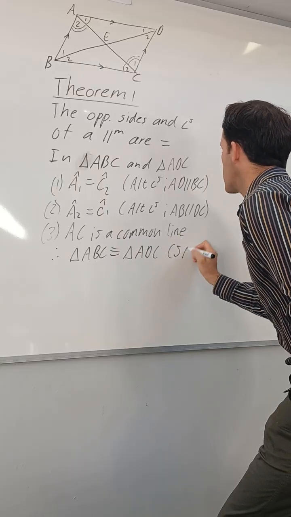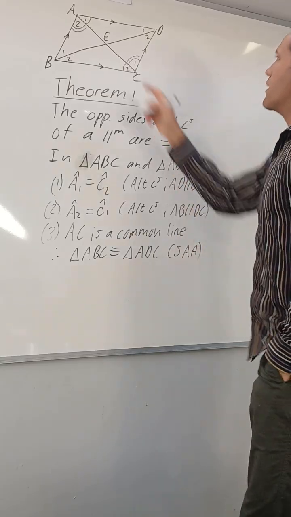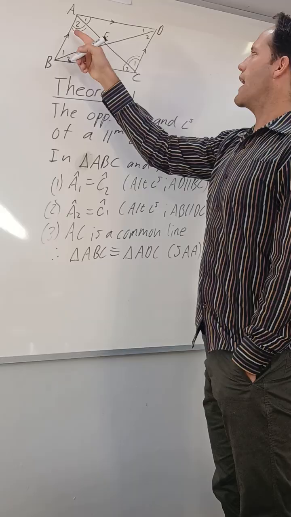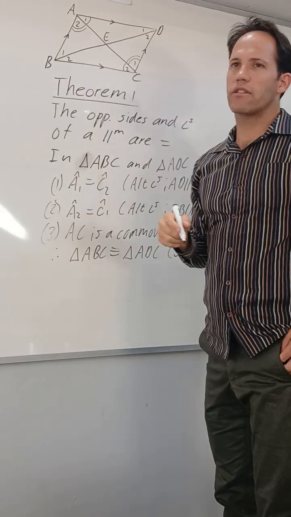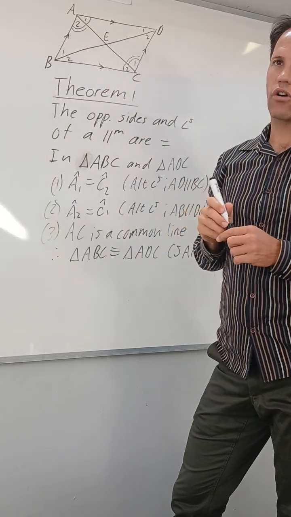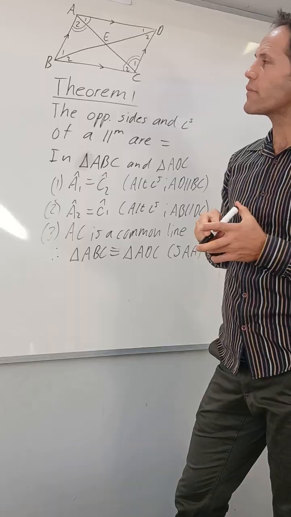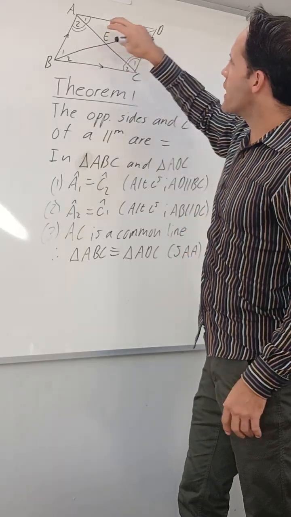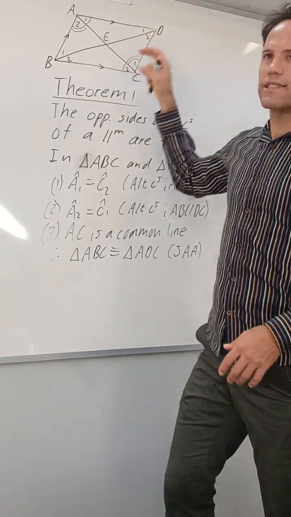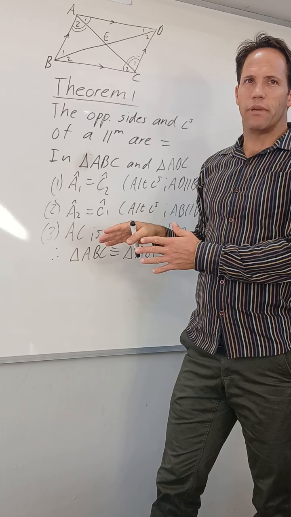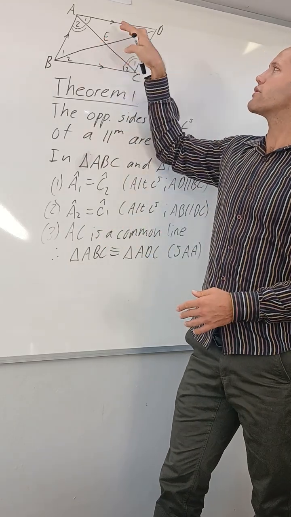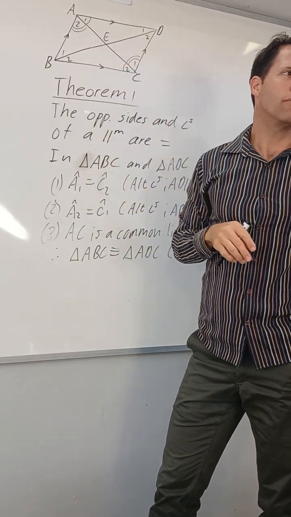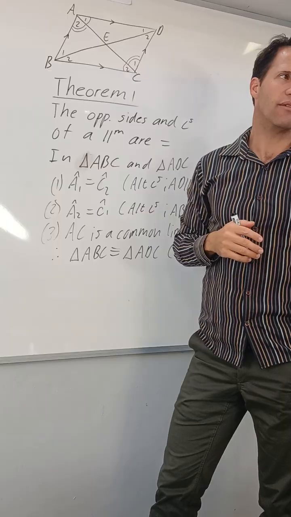And our reason, side, angle, angle. One side and an angle and another angle. Two angles on one side equal. So they are congruent. You agree? Okay. So if they are congruent, what does that mean? We proved they're congruent. What does that mean? That means these two triangles look exactly the same. We proved it, that they look exactly the same.